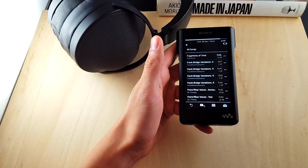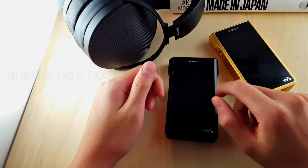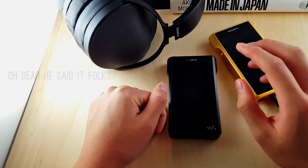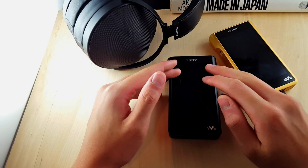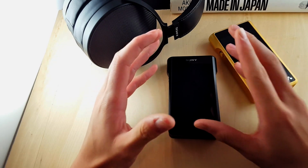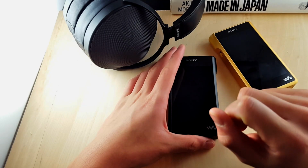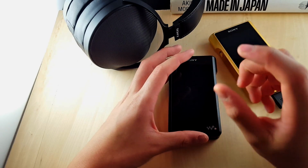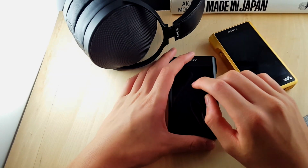Now let's talk a bit about the sound. I'll be the first to tell you that the difference between these two players isn't that big. And frankly, the WM1Z isn't so much a direct upgrade as it is more of a variation of sound. The WM1A, to me, is actually a very nice sounding DAP. I like that it strikes a nice balance of detail retrieval, extension, dynamics, and staging, and it sounds, as mentioned before, very balanced. It's got a very nice punchy bass section and it has a level of decay that feels just right. Mids and highs perform well, though I do feel that there is a slight grain when it comes